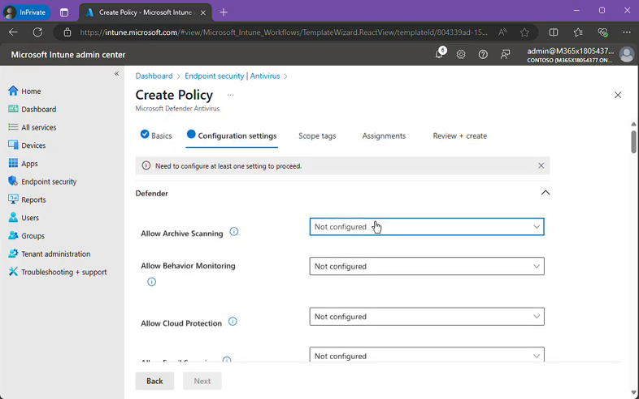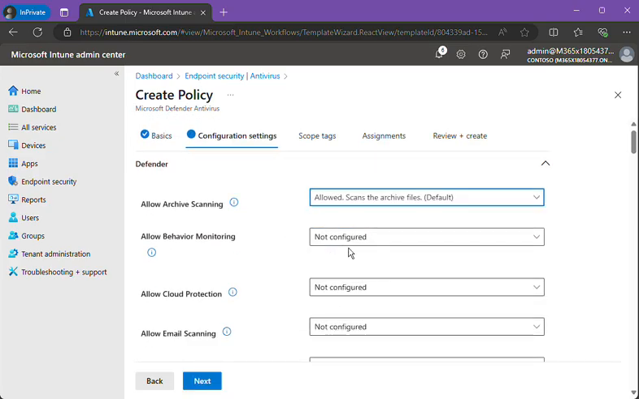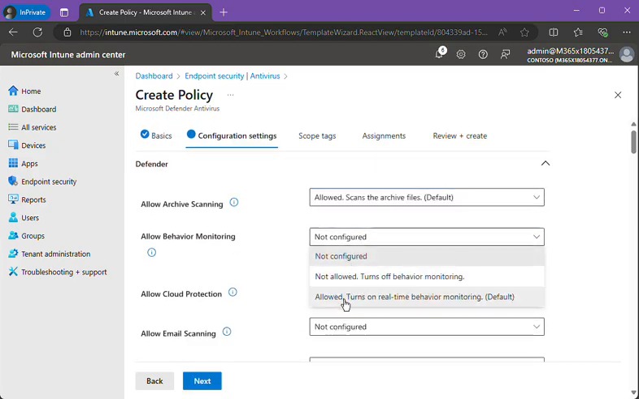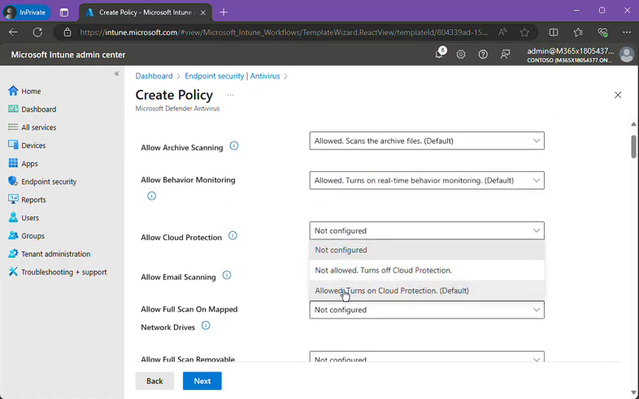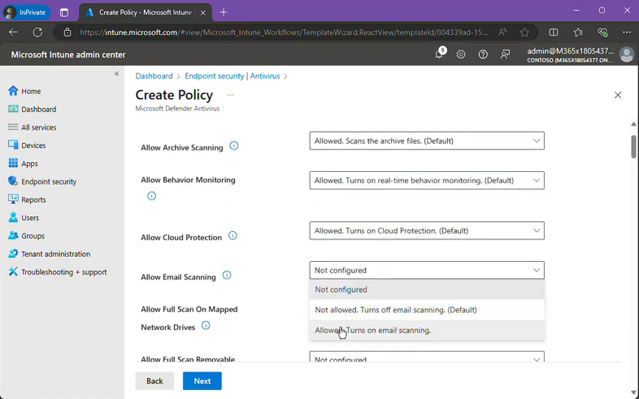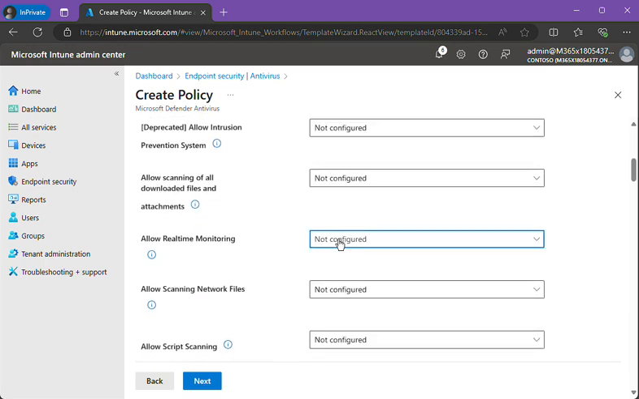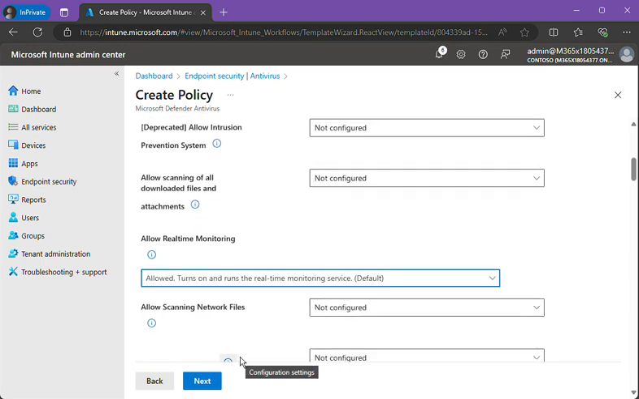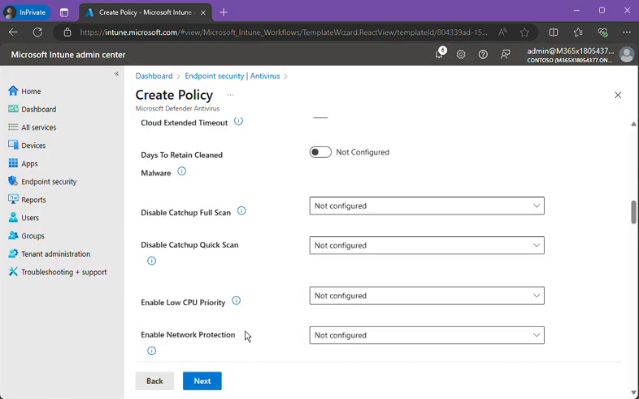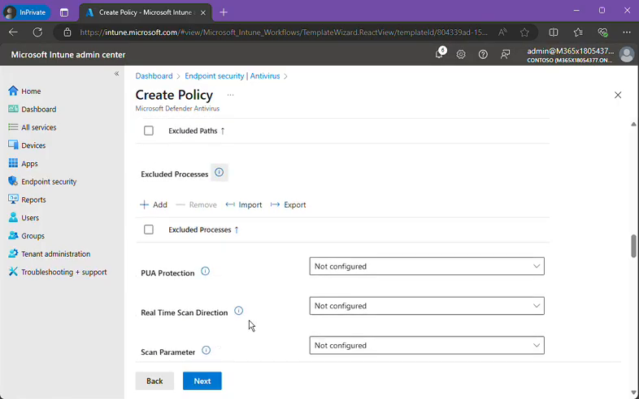We'll be enabling archive scanning, behavior monitoring, cloud protection, email scanning. We'll skip scanning on network drives and remove all this. We want to scan those, and we'll turn on real-time monitoring. Again, there is a lot here that we can go into,